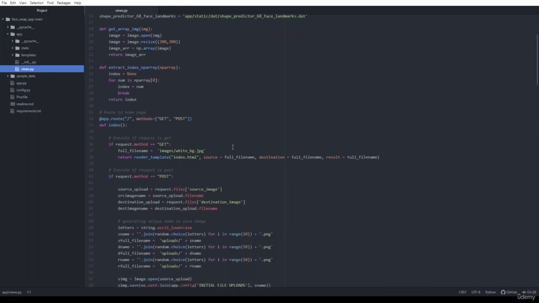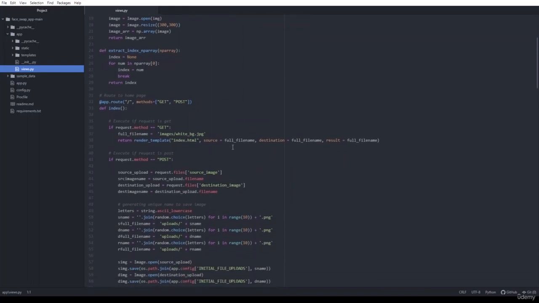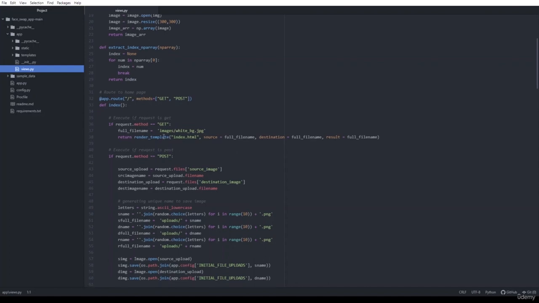So an app runs by two methods, GET and POST. GET is initialized in the first phase. GET will load the index page, and as soon as we click any button or do any action on the home page, it will activate the POST method. So in the GET method we have set index.html, which is the main file, the home page, and in the